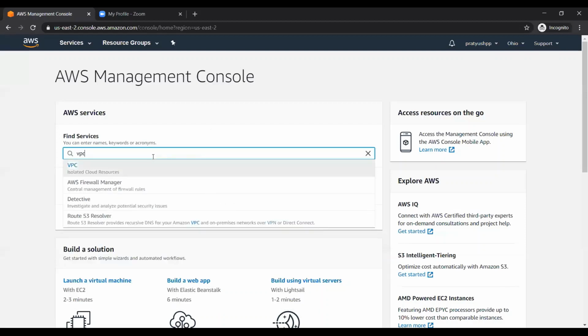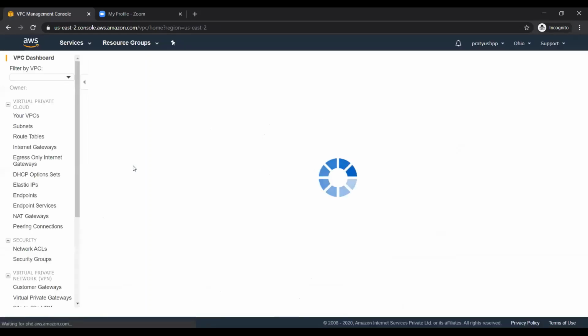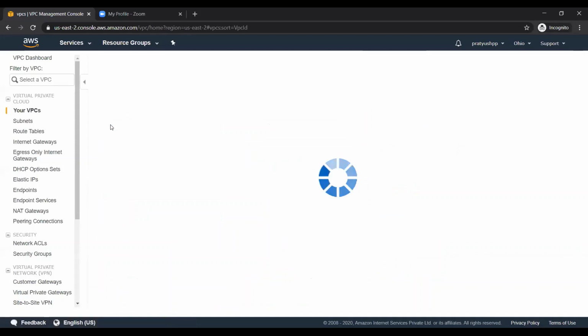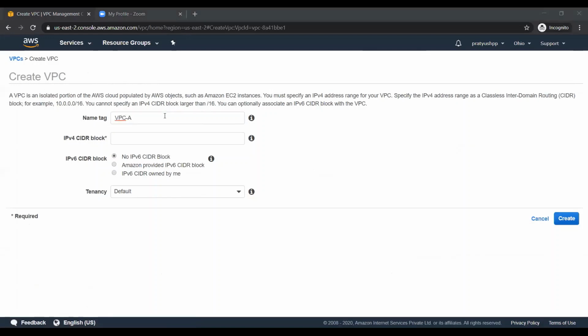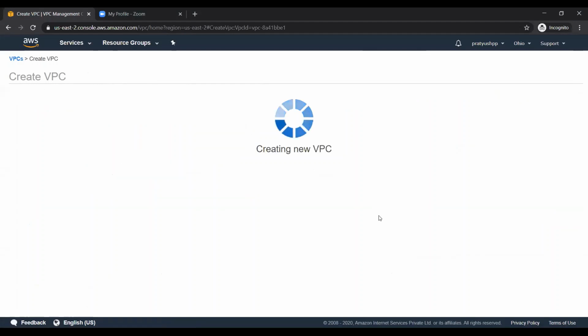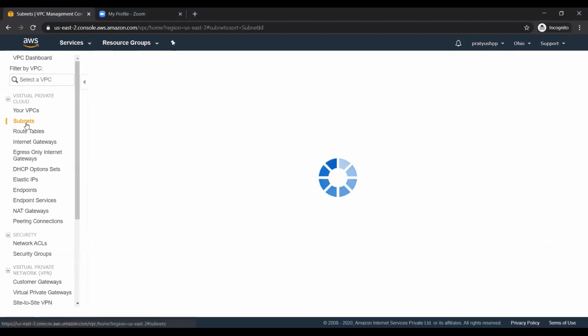I'll go to the VPC section, and in the VPC section, I'm going to create one VPC, VPC A, and I'll give the CIDR block 10.100.0.0/16, and I'll just create it. I'm going to create two subnets.